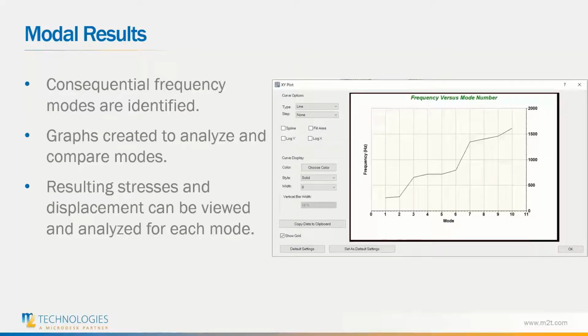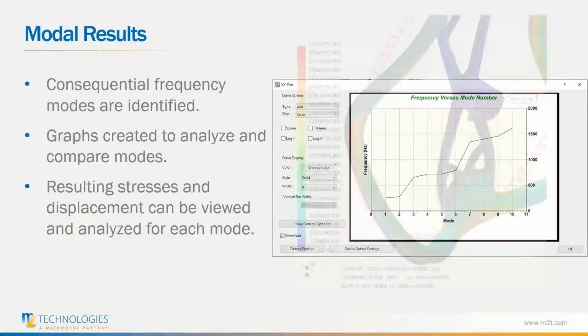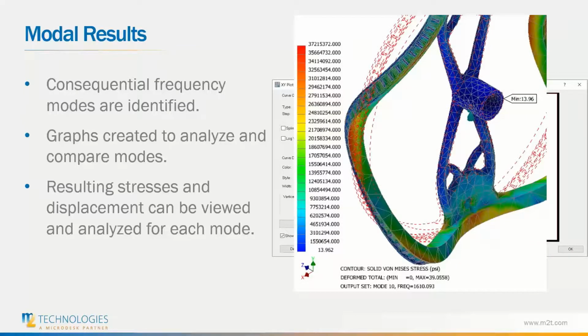And lastly, we're going to look at the results from the modal analysis. As you see here, we quickly can pull up a graph that shows us the different modes and their frequencies. You can see how with this object we are getting pockets where we're getting multiple modes around a certain frequency and then large jumps between them. Once we have this information, we actually are able to select one of these modes and analyze the stresses at that specific frequency. So here we can see an exaggeration of the deformed part at